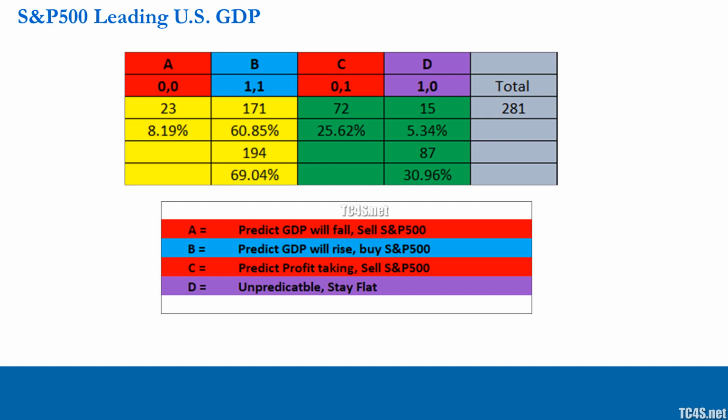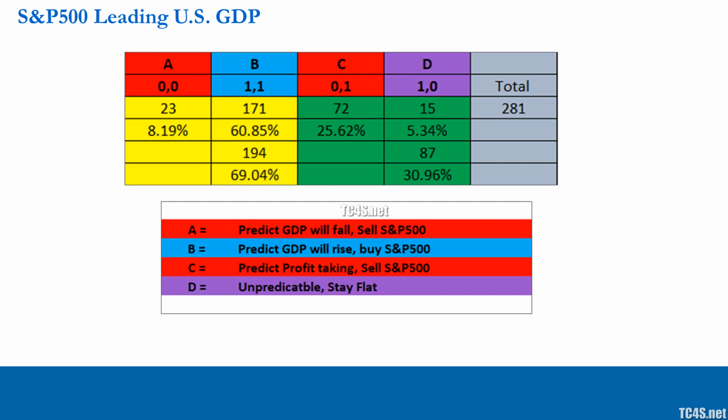The last scenario, scenario D, the 1-0, where the S&P 500 is reported up and GDP is reported down. Well, this is pretty unpredictable. This is in the vast minority of cases, very unpredictable for a trader or portfolio manager to predict the outcome on this. So if it's unpredictable, we're probably staying flat. And what we don't mean by flat here is that you have no position. What we mean is that you've probably got a neutral portfolio.